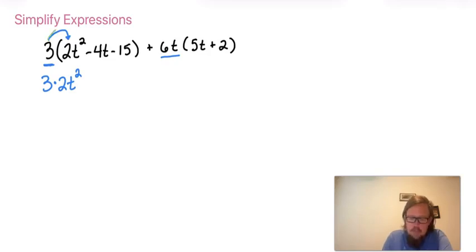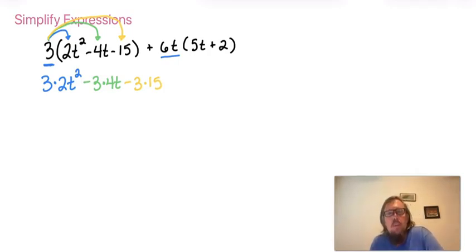And then we're going to do 3 multiplied by 4t, and it's got a minus sign in front of the 4t, so minus 3 times 4t. And then finally, we'll do 3 multiplied by 15. There's a minus sign in front of the 15, so minus 3 times 15. So there's our first distributive property done with the 3 in front of the parentheses,